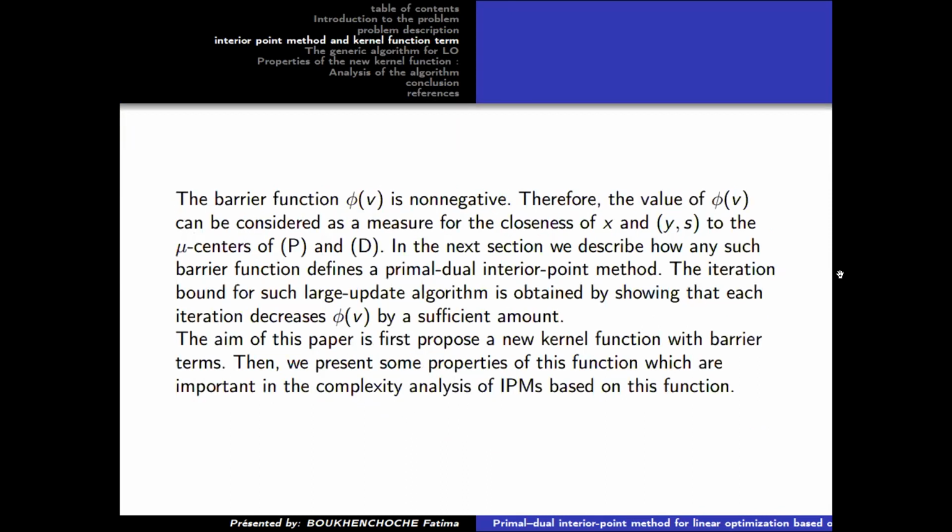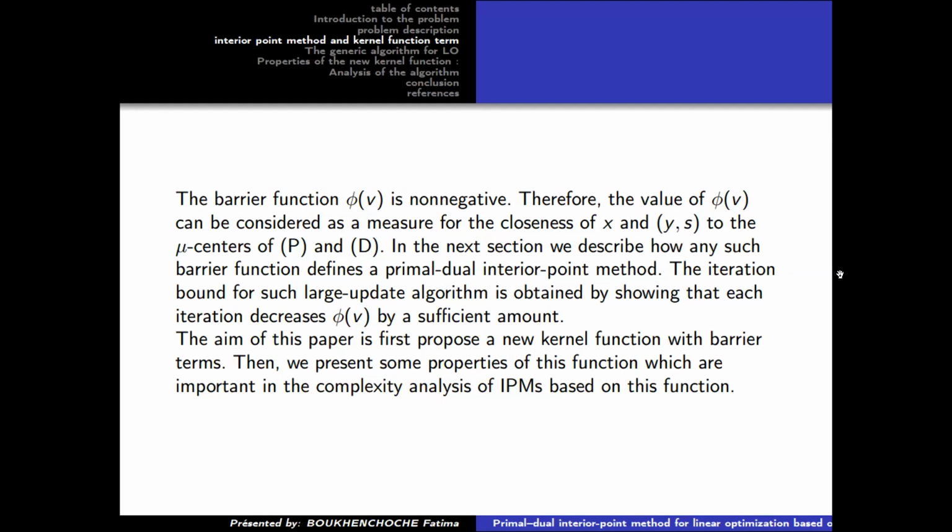Then the barrier function phi is non-negative. Therefore, the value of phi can be considered as a measure for the closeness of X and the pair Y and S to the mu center of P and D. In the next section, we describe how any such barrier function defines a primal dual interior point method. The iteration bound for such a large update algorithm is obtained by showing that each iteration decreases phi by a sufficient